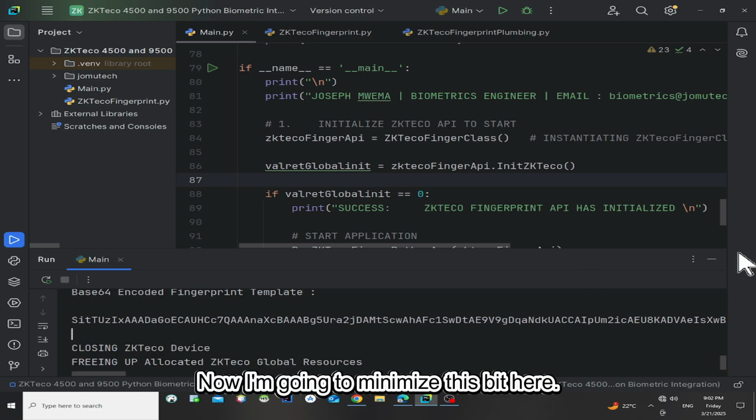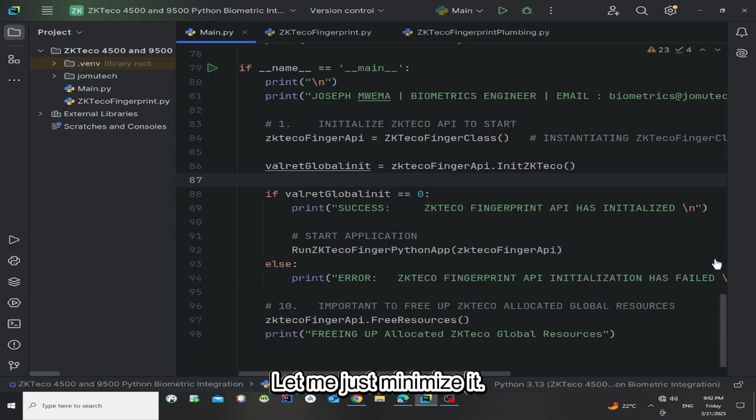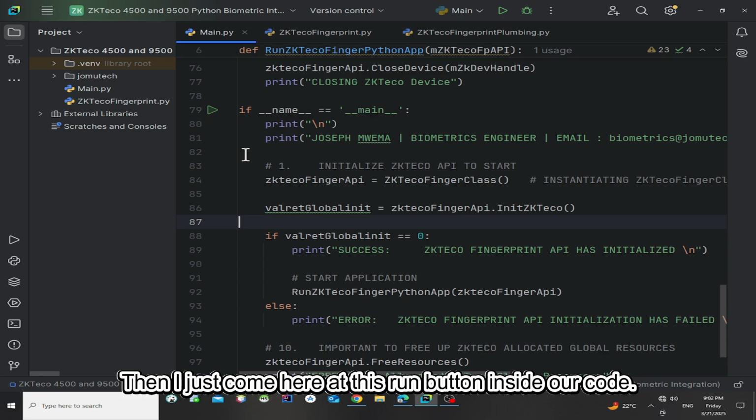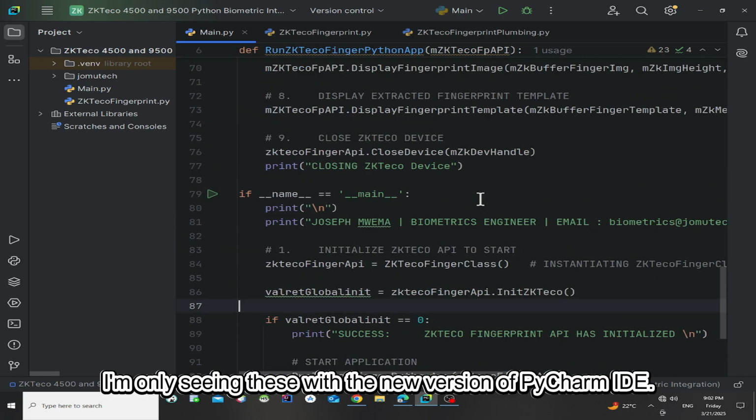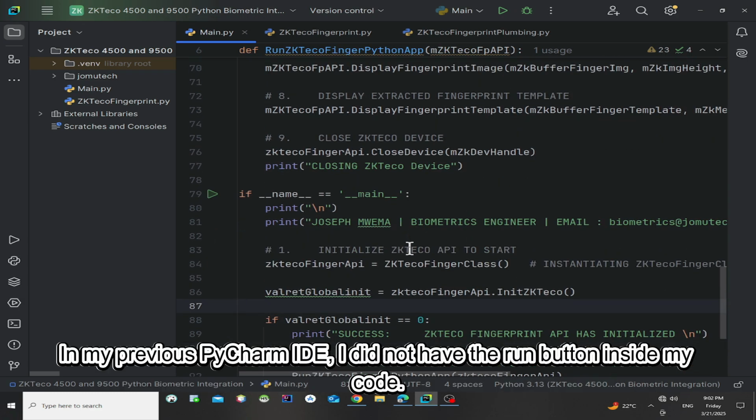Now I'm going to minimize this bit here. Then I just come here at this run button inside our code. I'm only seeing this with the new version of PyCharm IDE. In my previous PyCharm IDE, I did not have the run button inside my code.